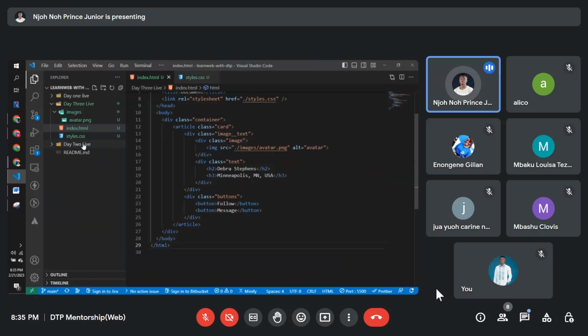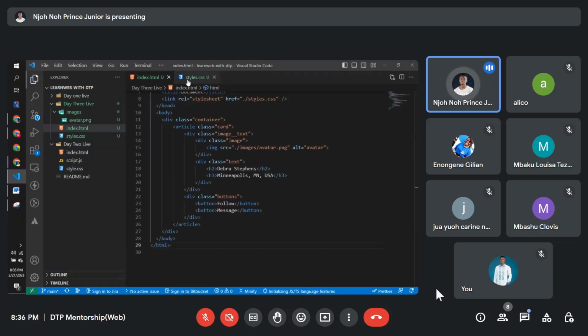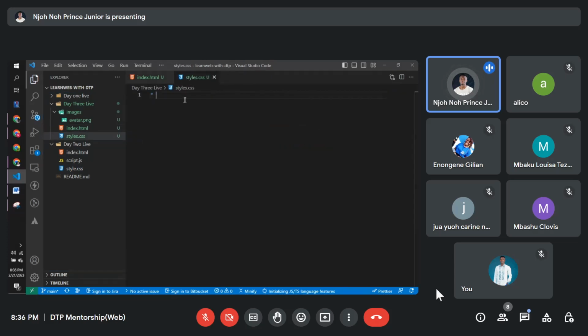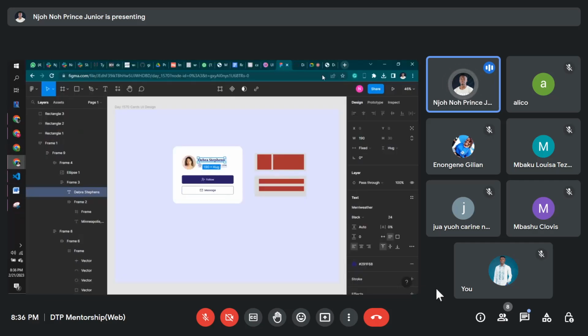I'm sure while you guys were coding, I think is it day one or day two? Okay, you had the body where you set the height, align items and everything to the center so that you'll be able to see the contents at the center. Now I'm going to show you something else. You come within this, there is this document selector, the star selector. If we come here and we use star